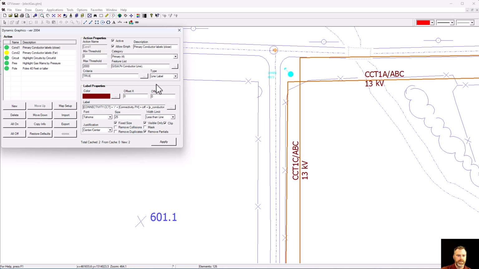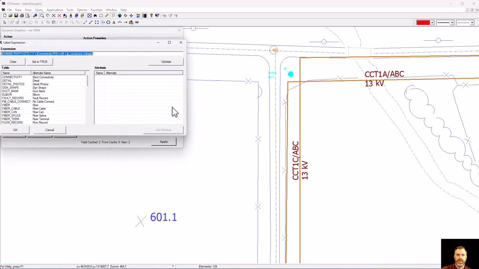One last thing to show here is our label itself. And this may be the most important of the items there. Currently it's showing the circuit ID, the phase, it goes to a new line, carriage return line feed, and then it's showing the primary conductor voltage. Now let's change this to be something else. I'm going to copy that to my clipboard so I can get it back when we're done. And I'm just going to start with a fresh label and say,